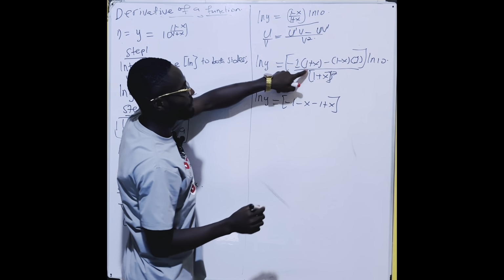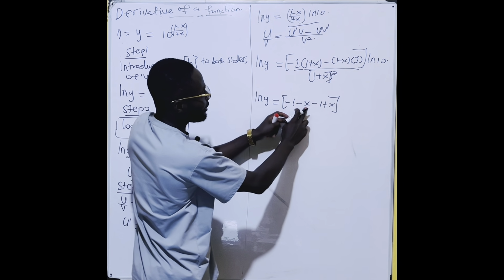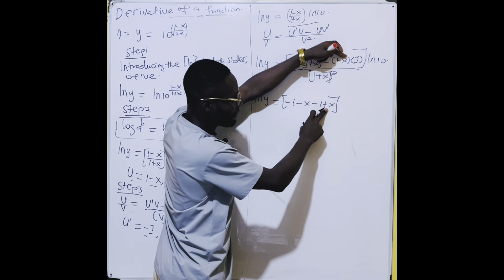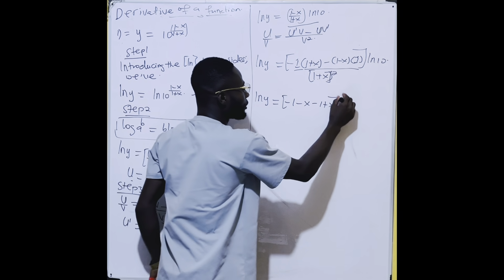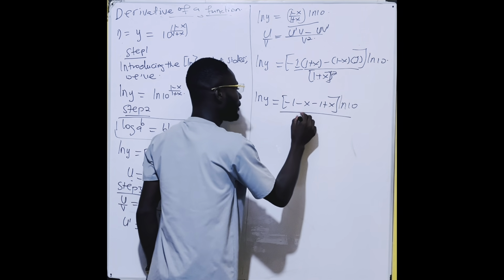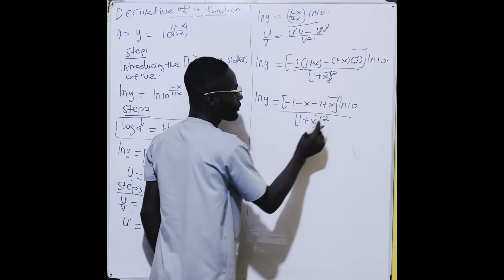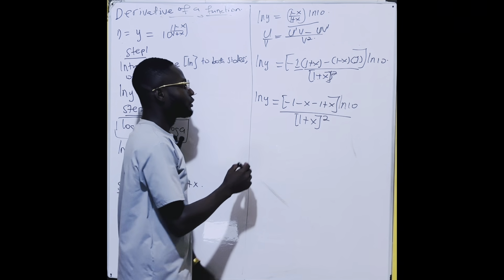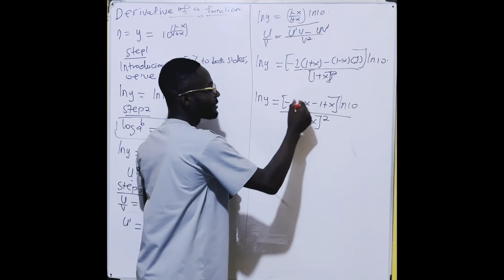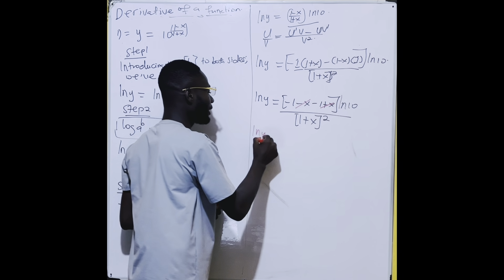We expanded this bracket and we have -1. To this we have minus x. To that we have -1. To that we have positive x, all multiplied by ln 10, divided by (1 plus x) all squared, right? So we can see that this cancels this, and then we are going to have ln y